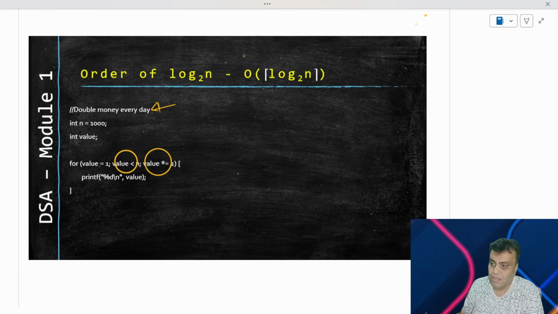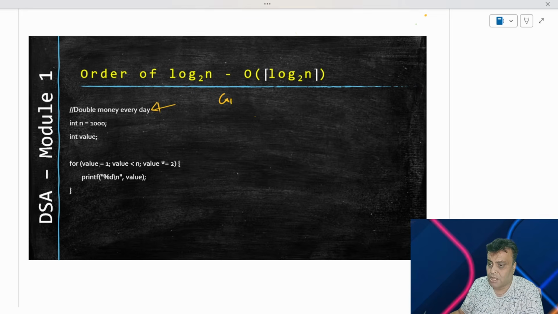So if we see this particular statement, can we say for sure that this will execute itself n number of times? We can't, because the value here does not grow by 1. The value here grows by a multiple of 2. So how many times this loop will run, we do not know. We cannot say it will run n times. We'll have to calculate how many times it runs, right? So that's what we will try to do now. Let's try to calculate how many times this loop runs.